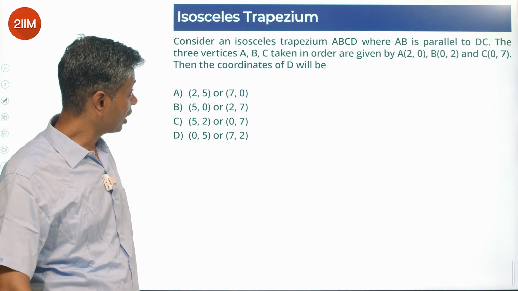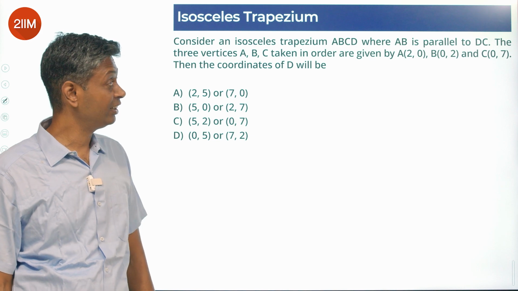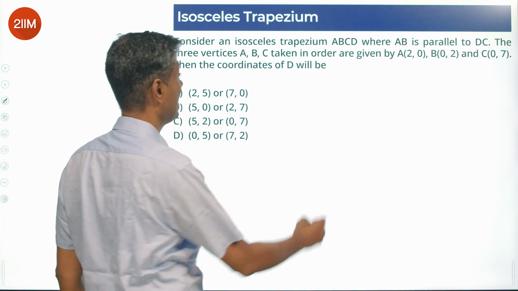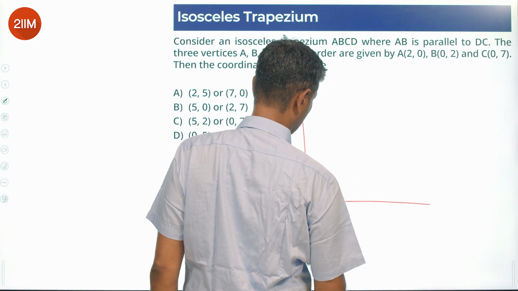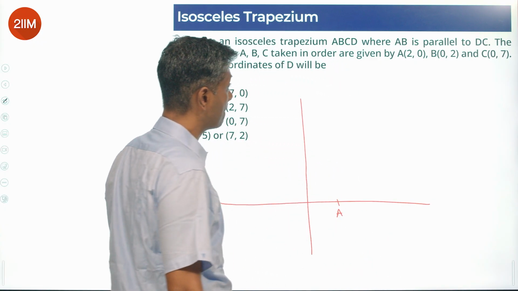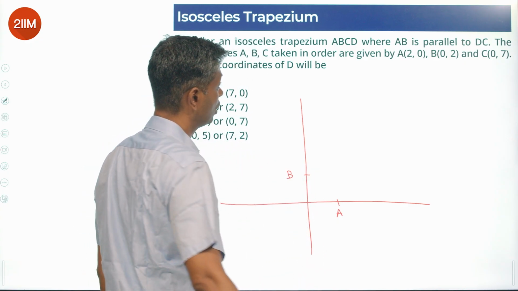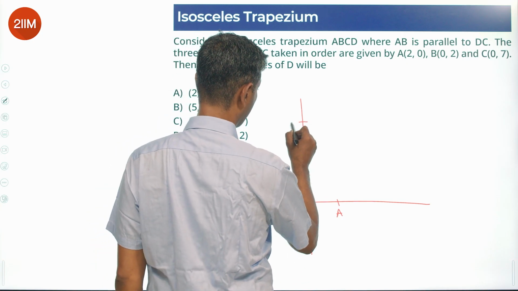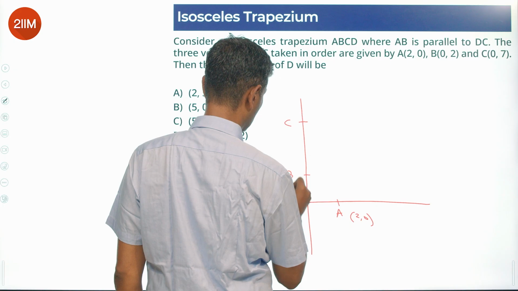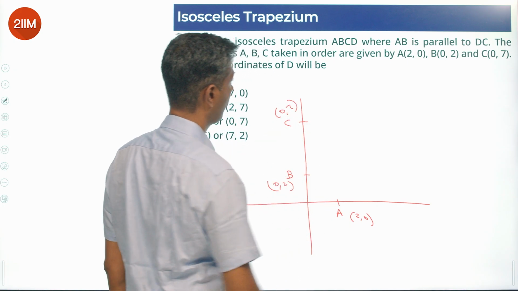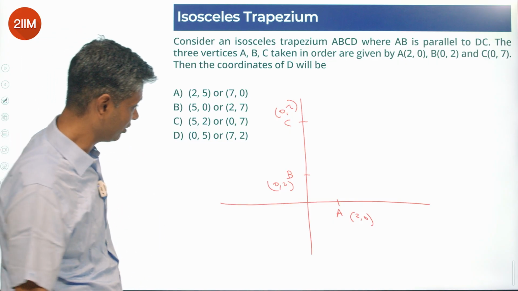Consider an isosceles trapezium ABCD where AB is parallel to DC. The three vertices A, B, C taken in order are given as A is 2, 0, B is 0, 2, very nice, C is 0, 7, so this is 2, 0, 0, 2, 0, 7. Then the coordinates of D will be, and very nice, AB is like this,